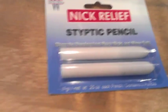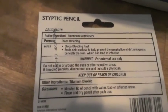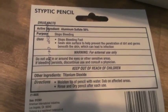Septic pencils. Picked these up next. They were next to the razor blades. Give you an idea of what's going on back here. Stops bleeding fast. Seals skin surface to prevent the penetration of dirt and germs beneath the skin, which can lead